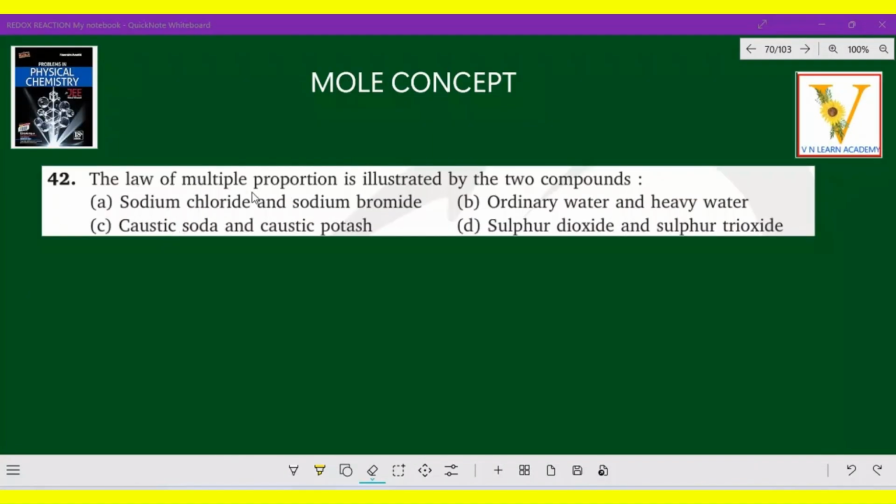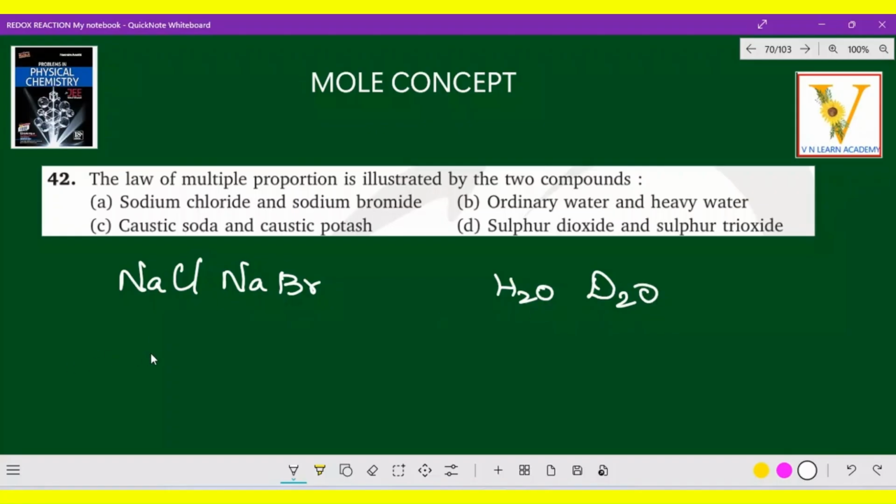The next question: the law of multiple proportion is illustrated by two compounds, that is, sodium chloride and sodium bromide, ordinary water and heavy water, caustic soda and caustic potash, or sulfur dioxide and sulfur trioxide. Come on, let us deal with this sum. Let me write the formulas so that it will be easy for us to identify the answer: sodium chloride and sodium bromide, ordinary water and heavy water, caustic soda NaOH and caustic potash KOH, and